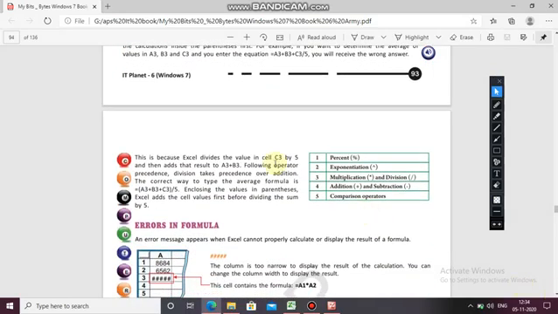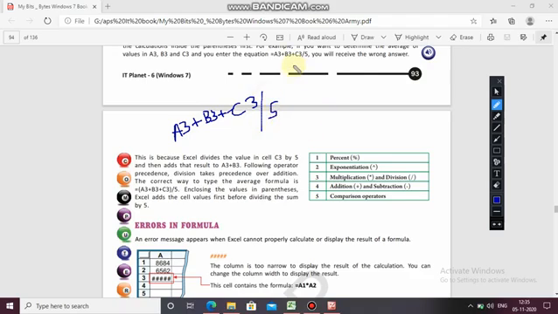This is because Excel divides the value in cell C3 by 5, and then adds the result to A3 plus B3. Means you have written A3, then you have used the operator plus, then you have written B3, then plus, and the last one is C3 divided by 5.